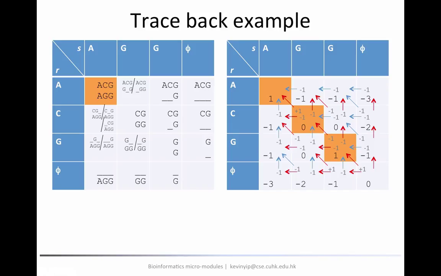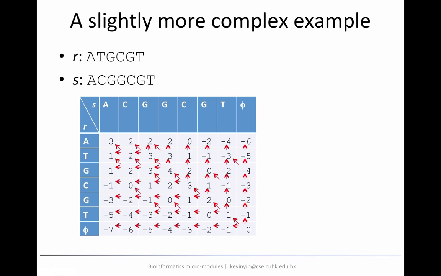This is a very simple example, at least in 2 senses. The first sense is that every time we follow just the diagonal, but in general, there could be some red arrows that follow the horizontal direction or the vertical direction. Another aspect that this example is oversimplified is that every time we have only one choice. So now let's look at a slightly more complex example.